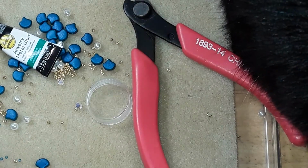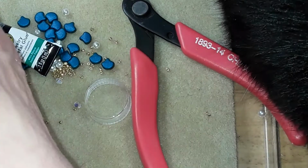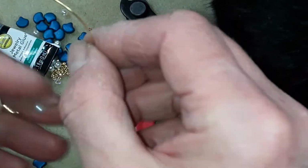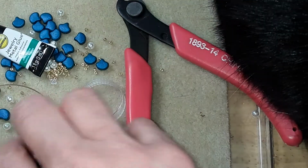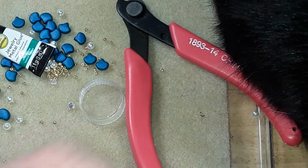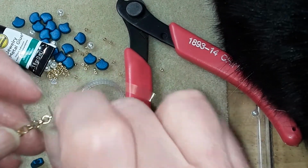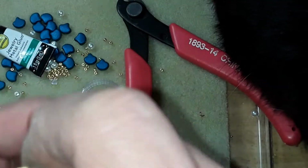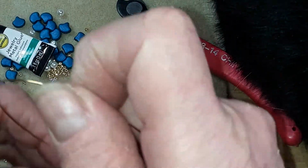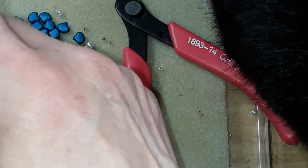So that way, when I'm done with the bracelet, I'm going to attach it to the other end, and it won't be able to pull apart. Well, it will pull apart, but it won't be able to, you know, it's not going to slip off. Like, you'll feel it if it grabs onto something. Okay, so that being done there,